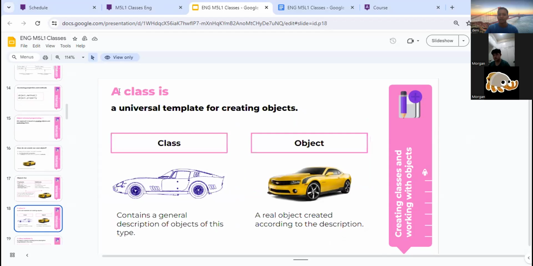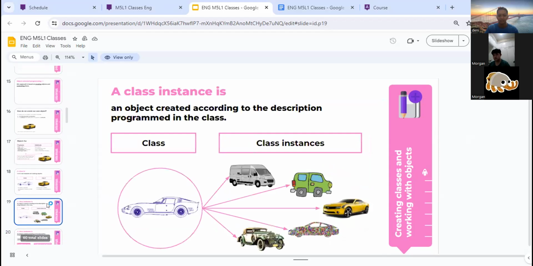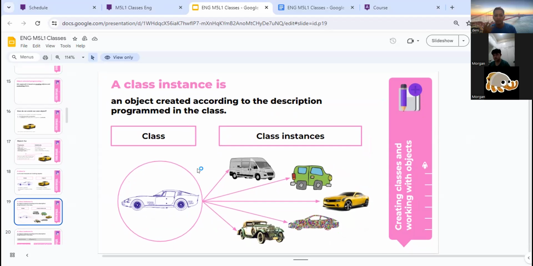A class is a universal template for creating an object. An object is created according to the description programmed in the class. As you can see, we have a car class, and for the instances we have a van, a sedan, and so on.